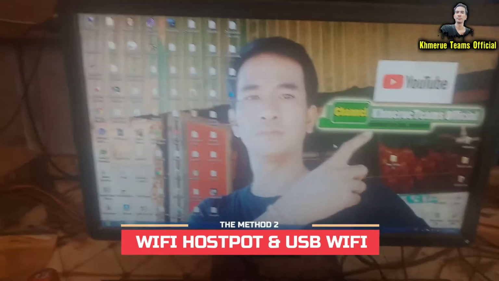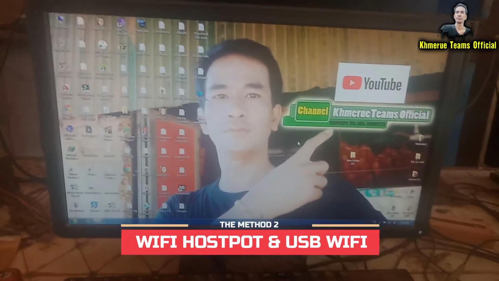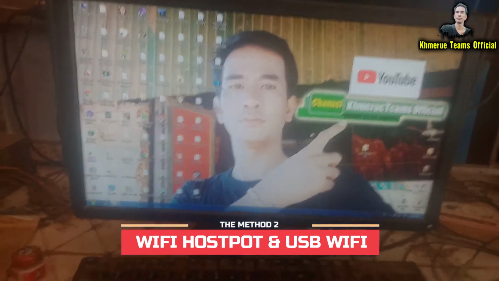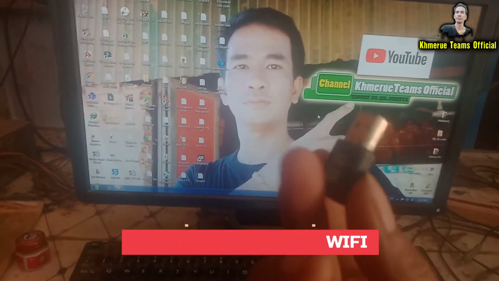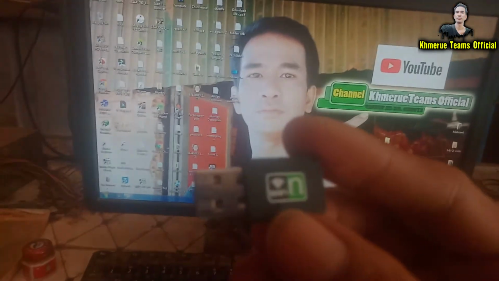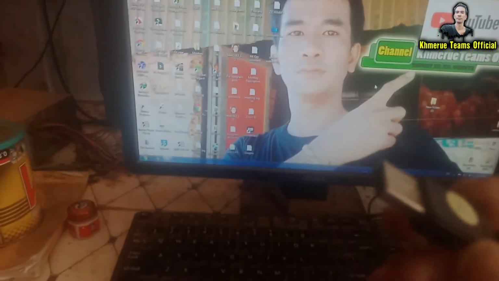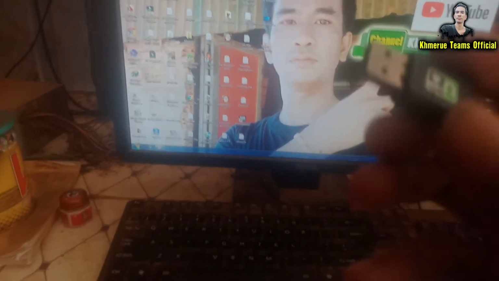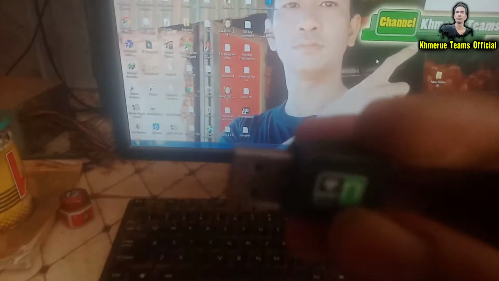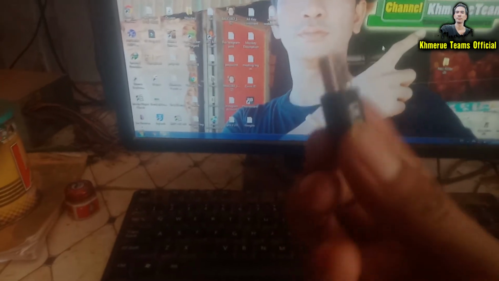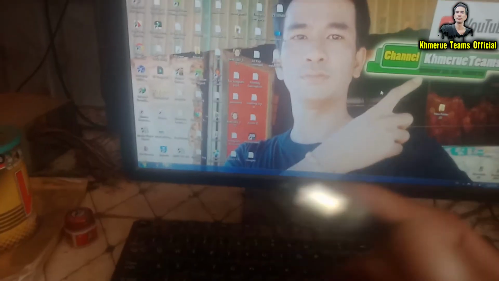The method 2 is, the first thing that you're going to need is this one. It is called the Wi-Fi adapter here. It generally comes from Realtek. So here's the version of the files. You need to buy this one, and I think they have a lot